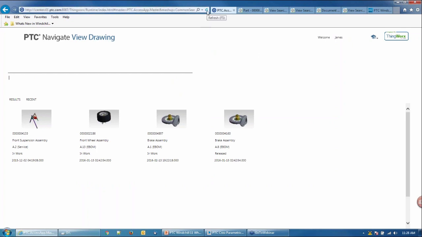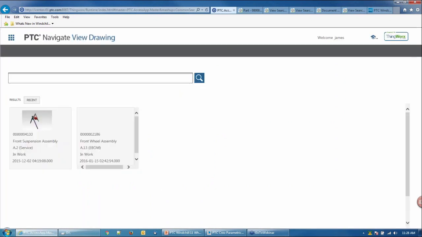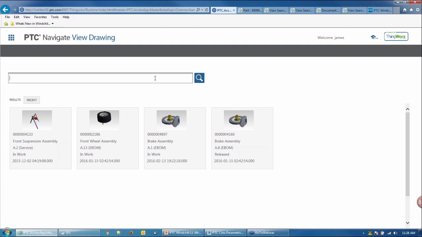a part number. You can actually see recently accessed search results. And I can actually enter in the number or the name of an object. There's some preferences that your system administrator can configure. So I can enter a partial part number 4897, for example, and hit the magnifying glass to go and execute